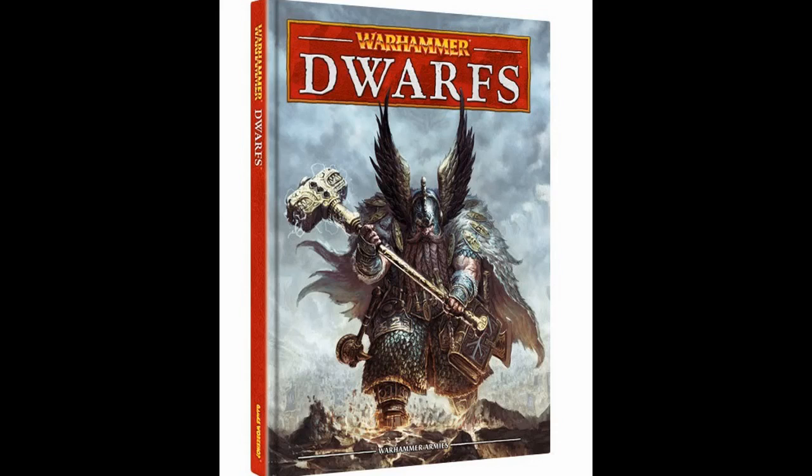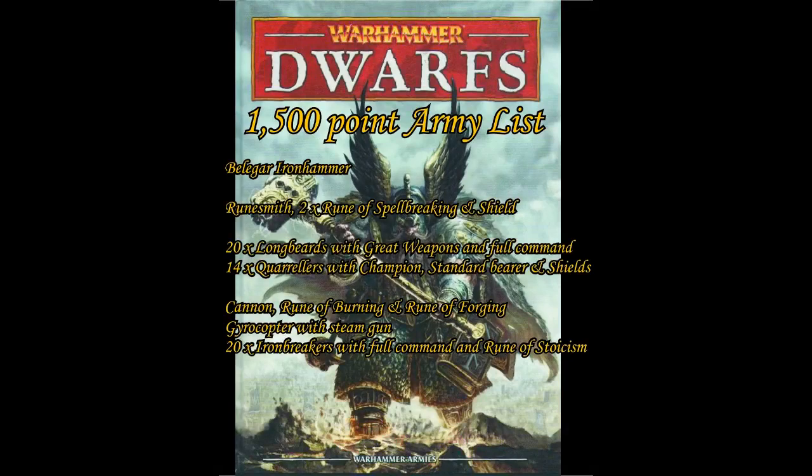Now, beginning with our 1500 point army list. This is going to be led by the mighty dwarf king Belegar Ironhammer. As he's a special character, we cannot customise him, but he does come atop an Oathstone with Gromrel armour, the Shield of Defiance and the Hammer of Angrund. Moving us on to our heroes, it's just the one in this list, a Runesmith sporting 2 runes of Spellbreaking